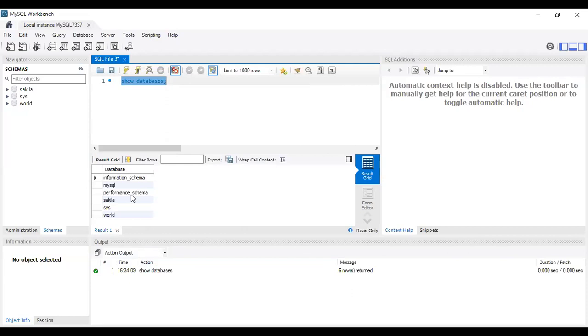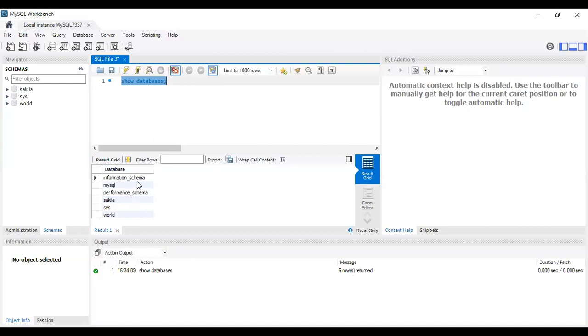When you execute a query, the result of that query, whether it executed or there was any problem, you will see here. Since it has turned green, it is executed, and it is showing the databases available in the MySQL server at present.